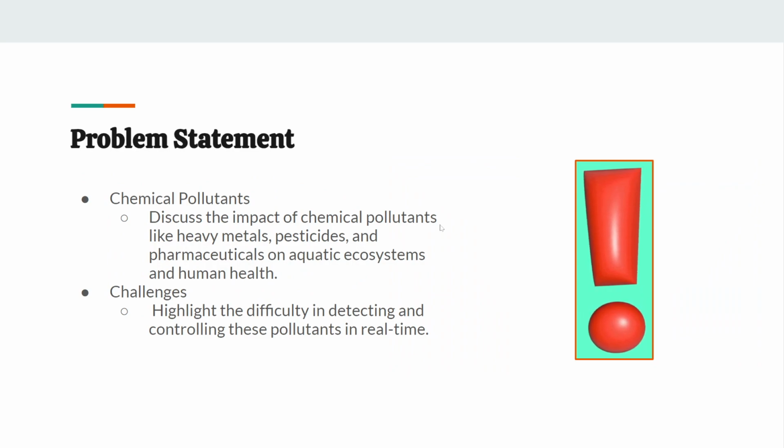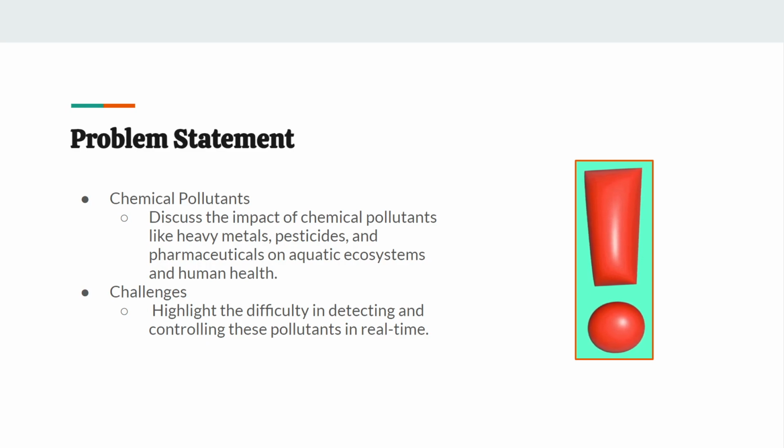The chemical pollutants found in bodies of water, such as heavy metals like mercury, lead, cadmium, and arsenic, are among the most dangerous chemical pollutants. They enter aquatic ecosystems through industrial processes, mining, and improper disposal of waste. Heavy metals can accumulate in water bodies, affecting aquatic life. They can bioaccumulate in fish and other aquatic organisms, leading to toxicity in their tissues. This bioaccumulation can disrupt the food chain and cause reproductive and developmental issues in aquatic organisms.